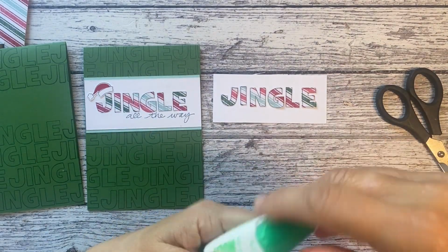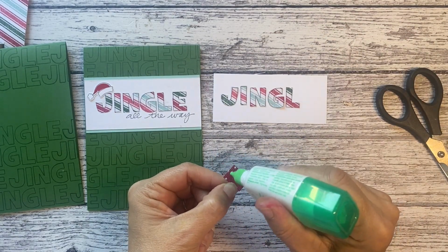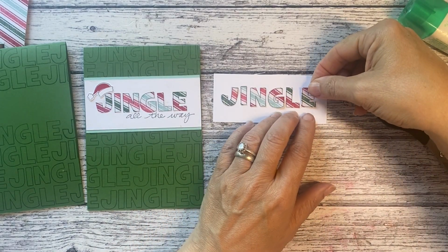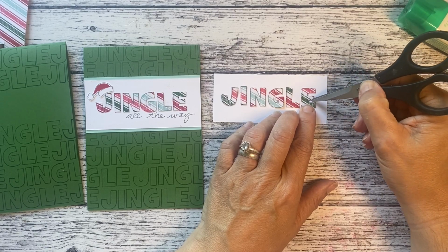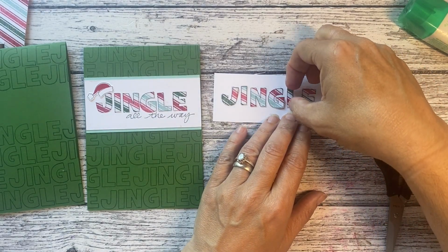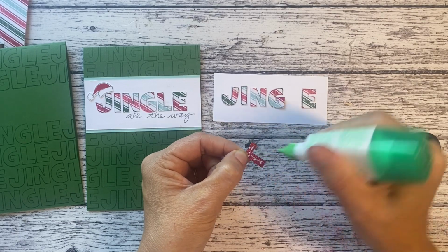So very, very carefully, I'm going to take one off, add a little bit of glue. Please be careful because the glue can squirt out. And I'm just going to use the end of my paper snips to pat that down. So the tiny little line of glue